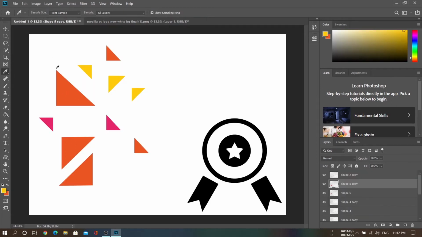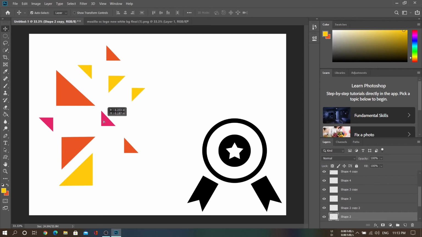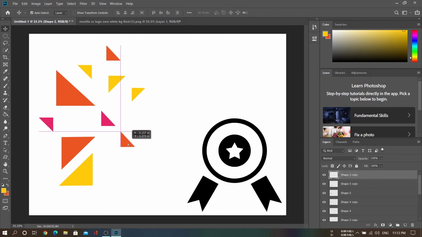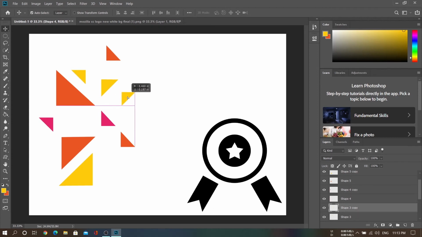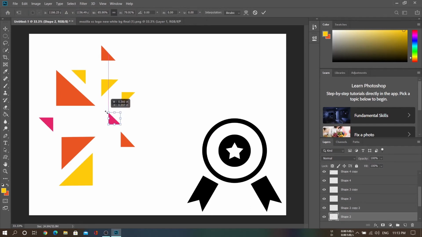Select yellow, go back here, select this layer, paint bucket tool and paint it. So this is the pattern that we are going to use.